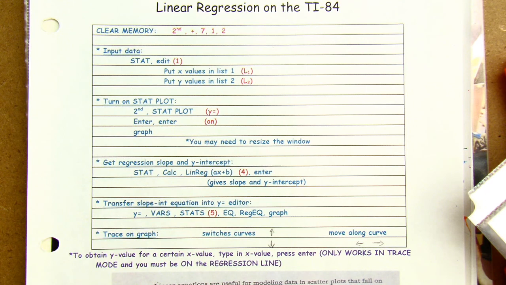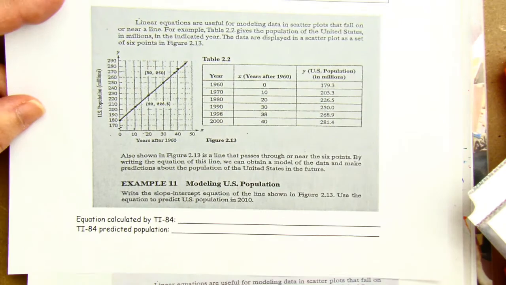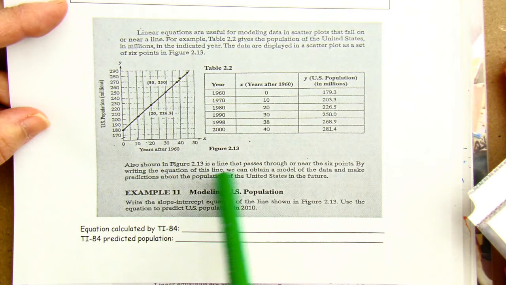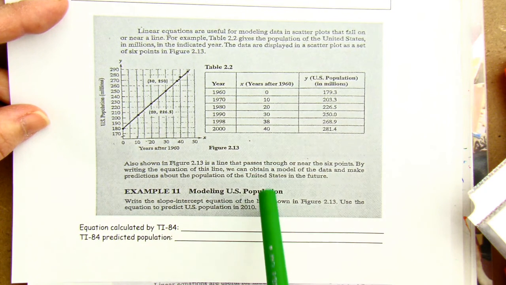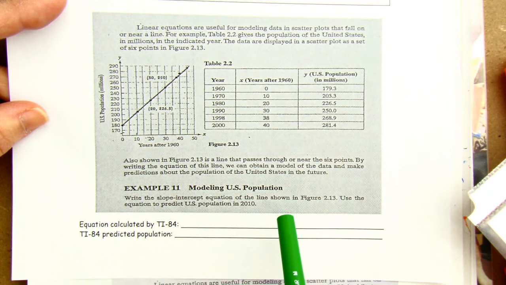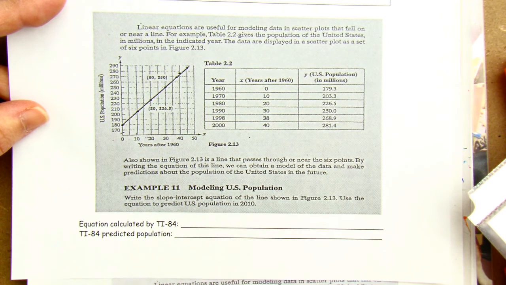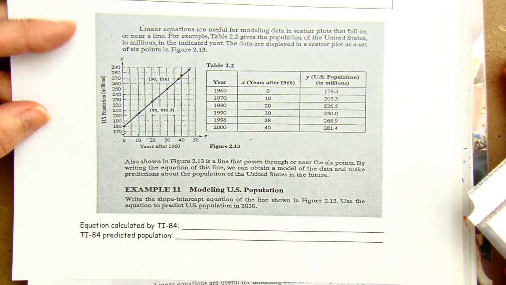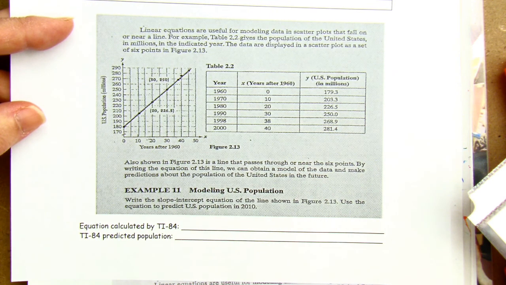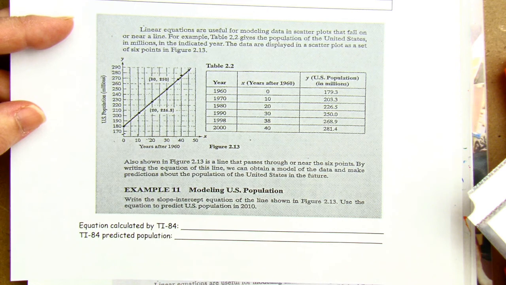Now, if you notice, on the last note sheet that we did, we had this problem, and this is the problem that's on the bottom of this note paper. This is the same problem we took a look at, and we calculated the slope and the y-intercept by hand, which is what you'll have to be doing on your regression project. So your regression project is twofold. You're going to, number 1, make a scatter plot on graphing paper, draw the line that best fits through your data,